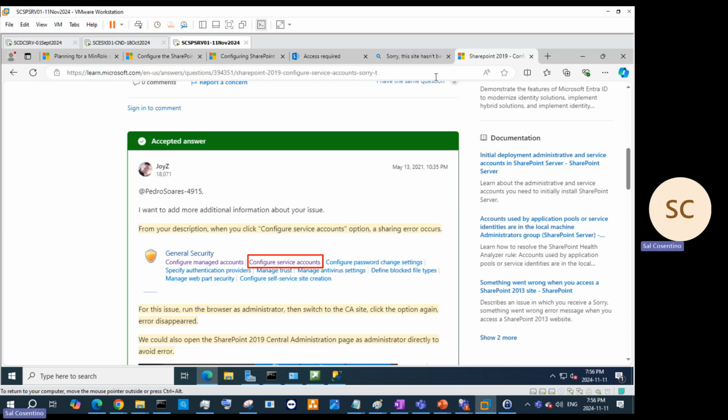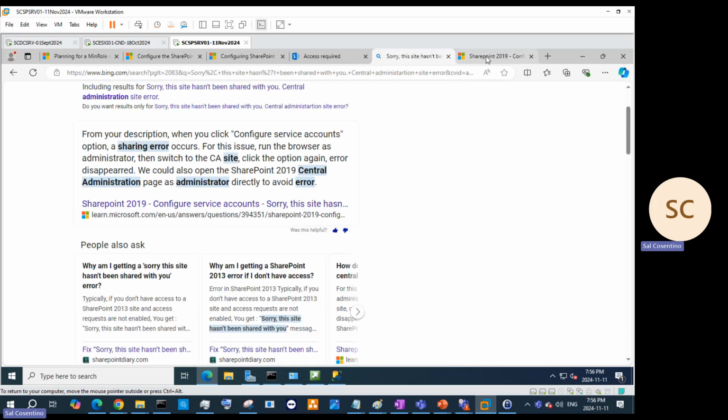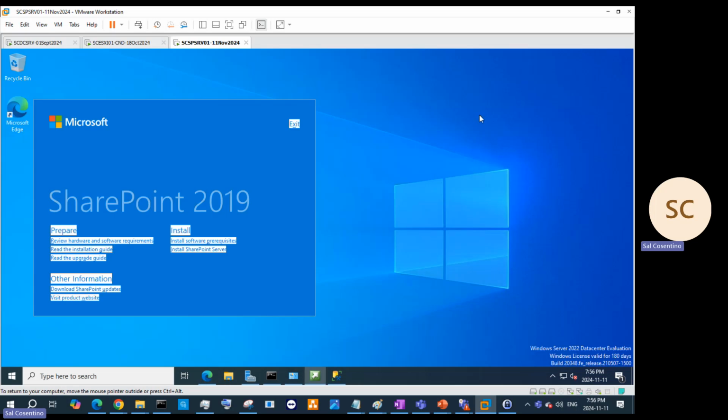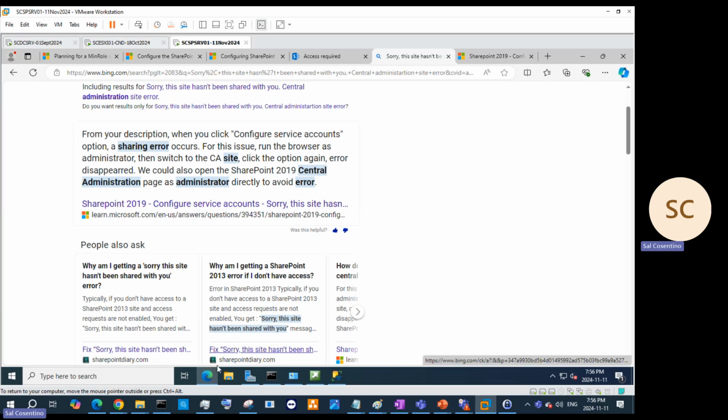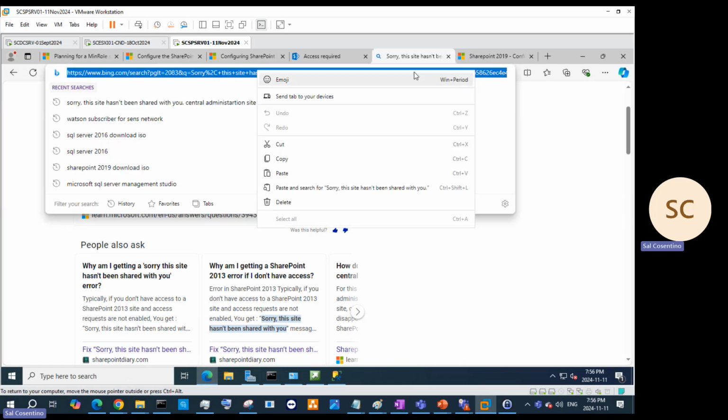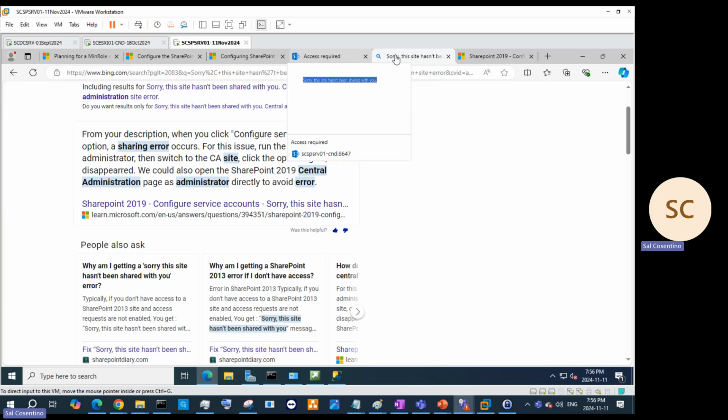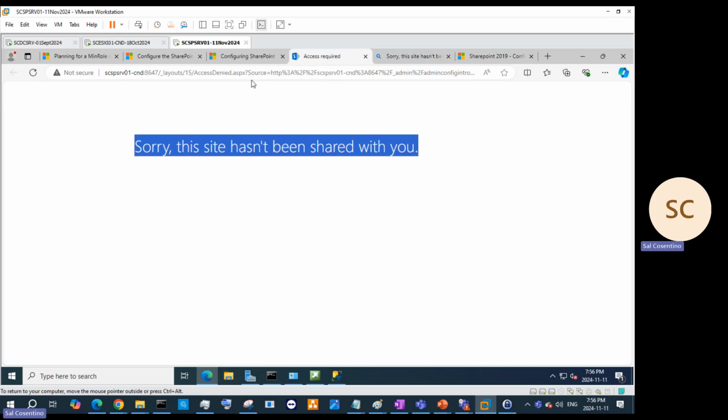So to run it as an administrator. Okay, no problem. All right, I see that. Okay, so I think I have an idea of what's going on here. So what I'm going to do, I know what's going on here. So when you guys see this error,